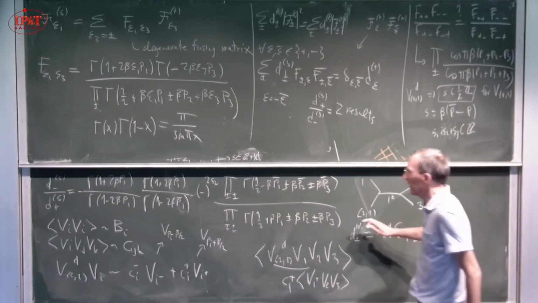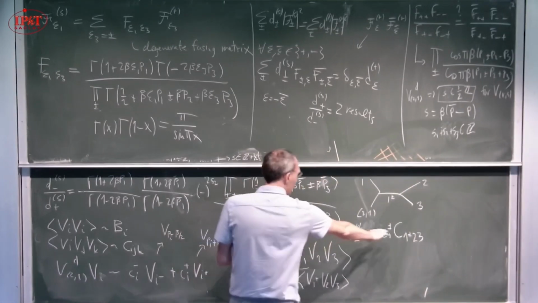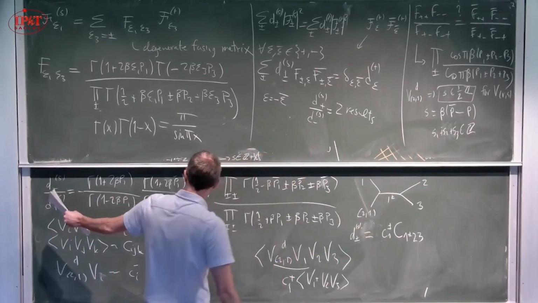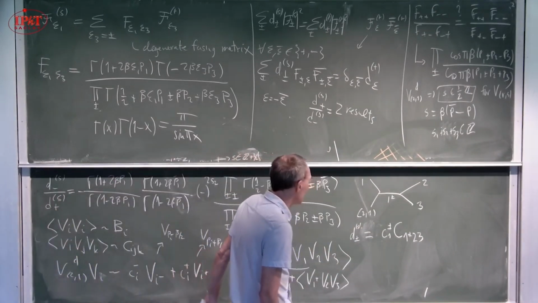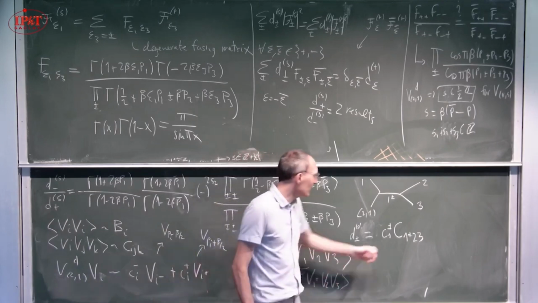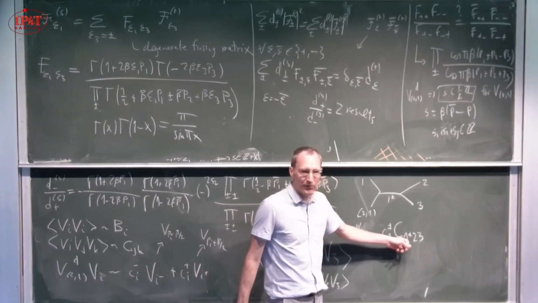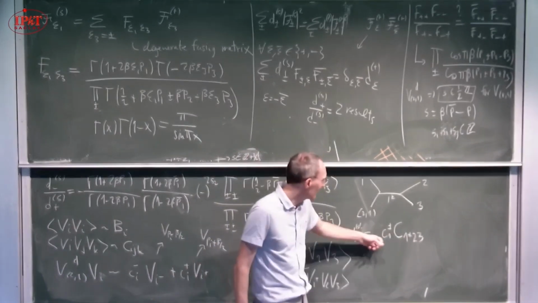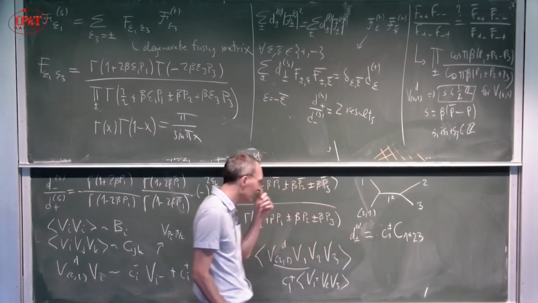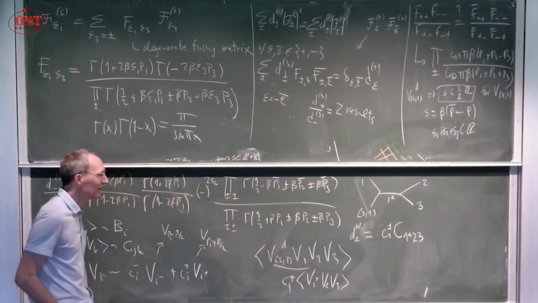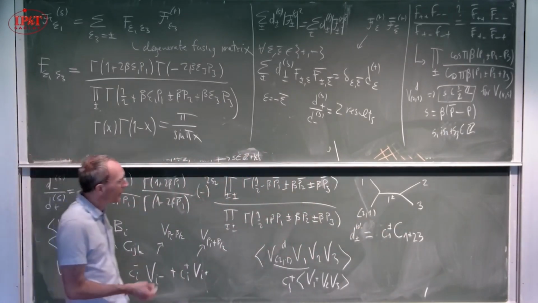Okay, so now I know the ratio of these two objects. It is given just by this big formula. So in principle, it tells me something interesting on this C structure constant, except that I have this annoying small coefficient, small c, which is not so interesting, and which I have to constrain. And to constrain this small c,